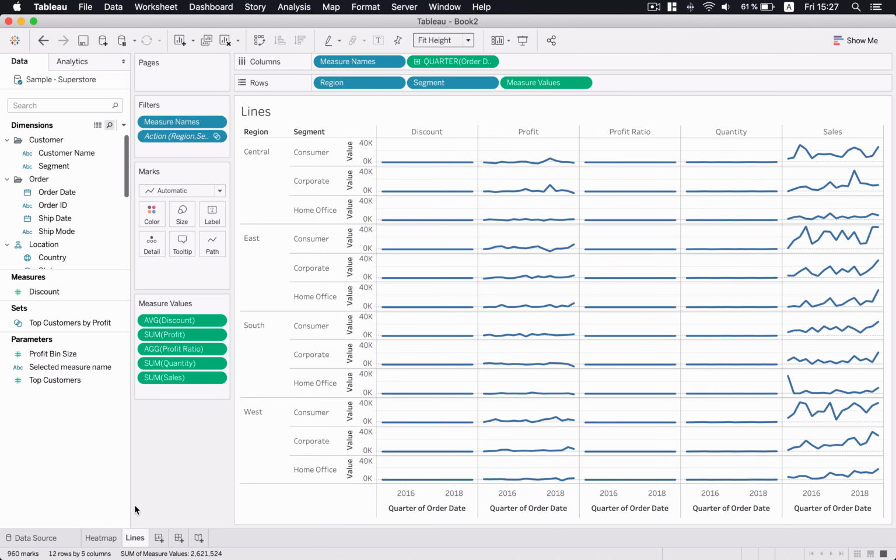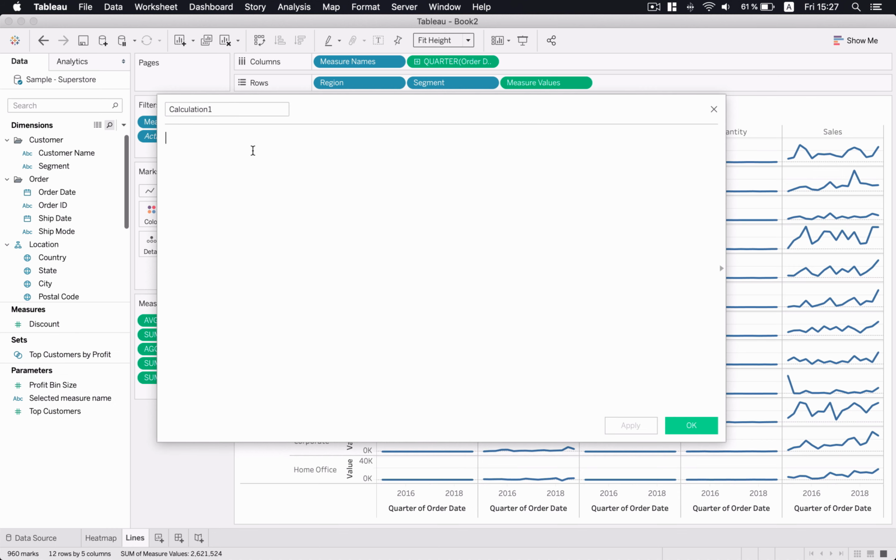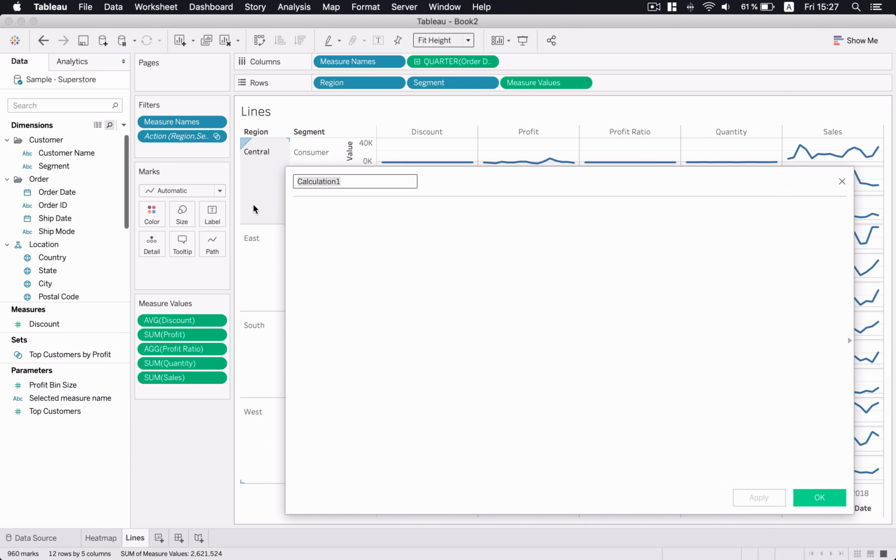Now the second step, for this to work, I need to create new calculated fields based on all these values. So bear with me for a few moments here. Selected discount. Here I want to say if selected measure name equals discount, then show me the discount. And okay,